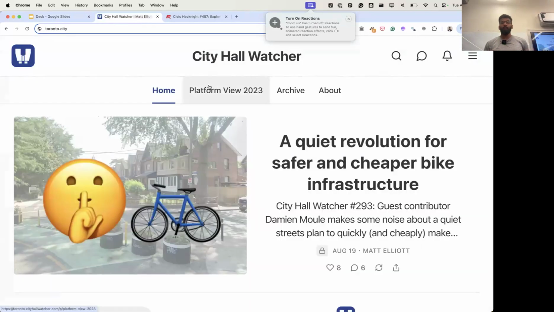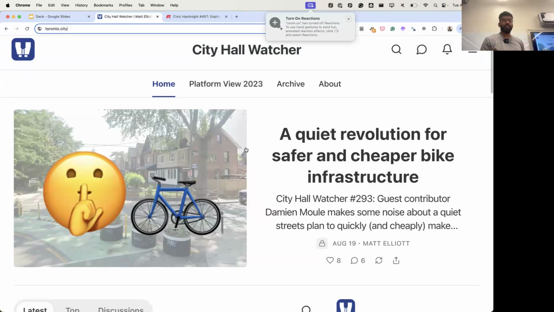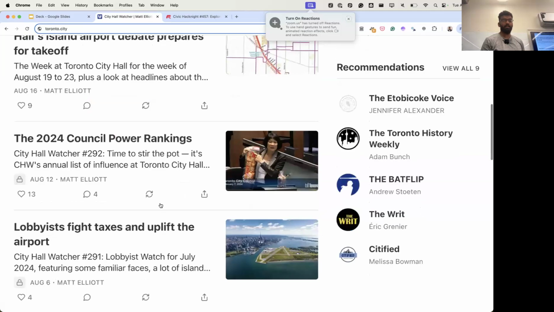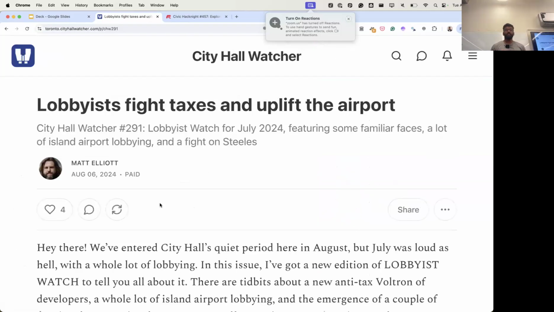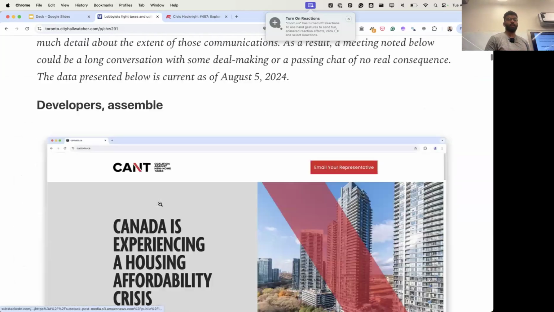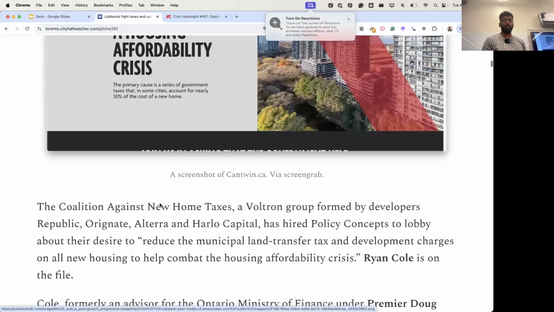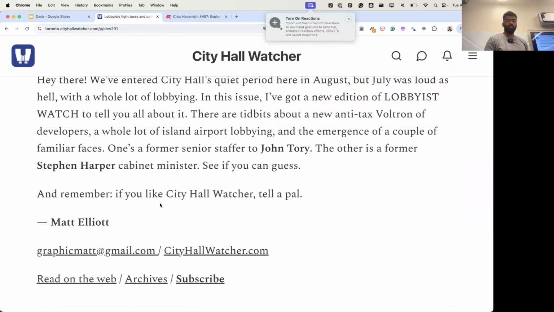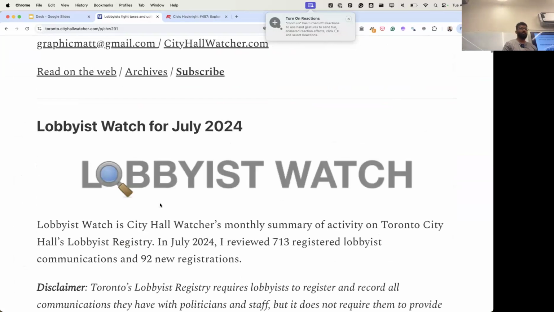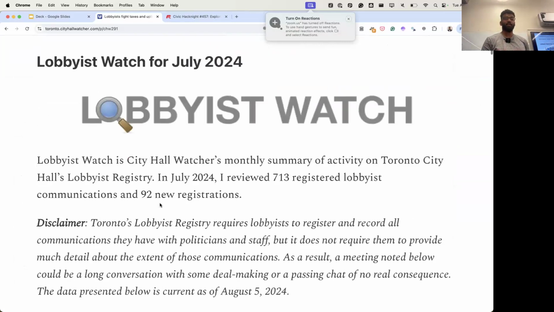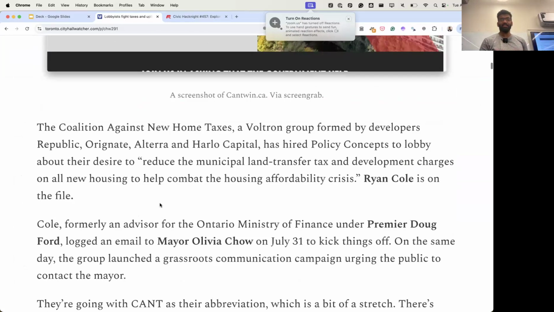So one of my favorite writers on the Toronto politics beat is Matt Elliott and his excellent City Hall Watcher Substack. One of the great things about Elliott is he doesn't just talk about the statements of politicians. He goes in deep to the machinery of Toronto's government. And he has an ongoing series called Lobbyist Watch, where he talks about the most interesting lobbying efforts against Toronto's municipal government. And from July's edition,